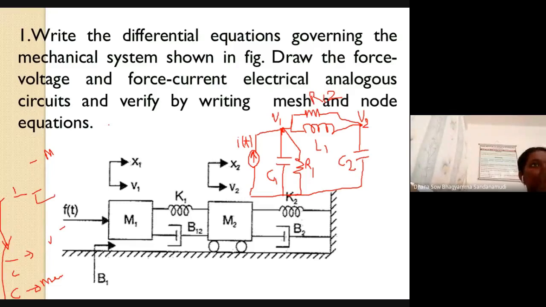At node 2, what all elements are there? K2 and B2 are there. Okay, so K2 and B2, what is this K2? K2 is 1 by L2. So it should also be connected in parallel. Just now I have told you, if it is 1 by R and L, we should connect in parallel. So this is L2. Okay, K2 is over. Next B2. B2 is proportional to 1 by R2. So it should also be connected in parallel. So this is R2.